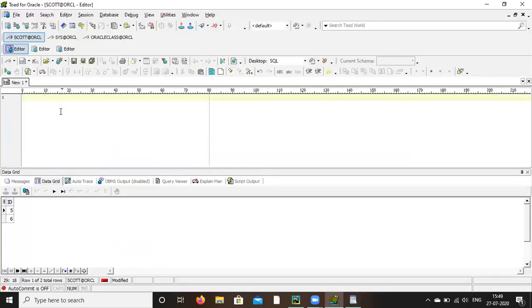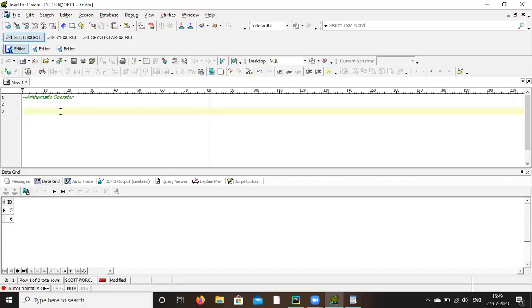Now we'll go for the arithmetic operator. So before going to arithmetic operator, let's see what is DUAL.